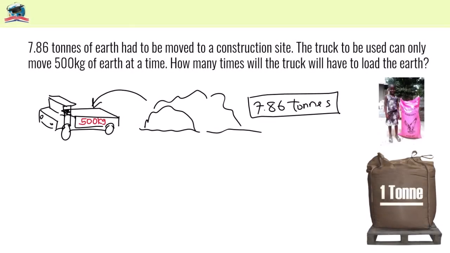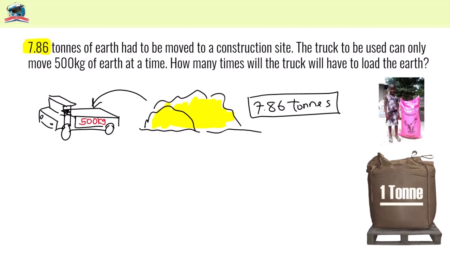We have 7.86 tons of earth has to be moved to a construction site. So we have this ton here, this earth here, which is 7.86 tons of earth. It's got to be moved to the construction site. The truck to be used can only move 500 kg of earth. Wait a minute. How many 500 kg of earth do you have in that